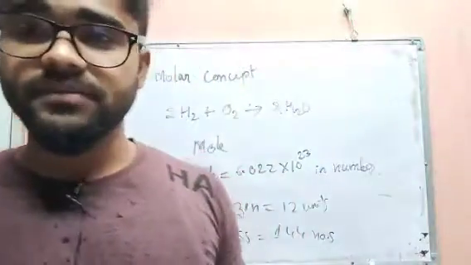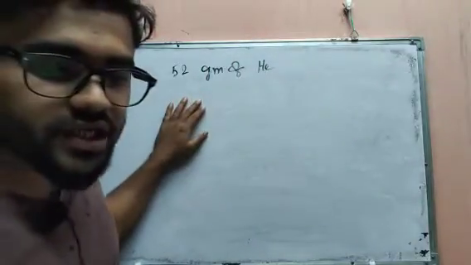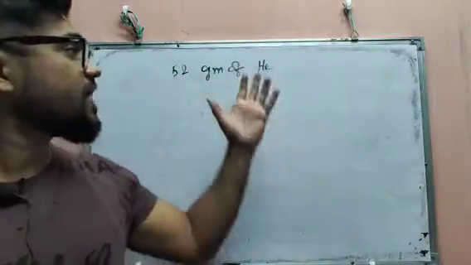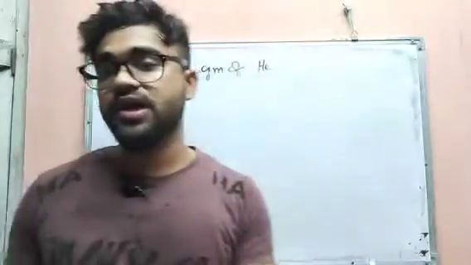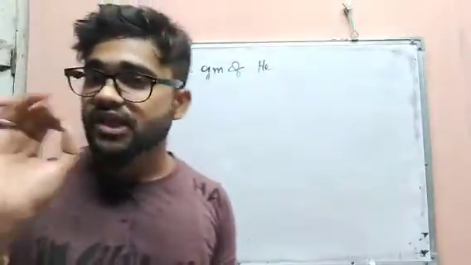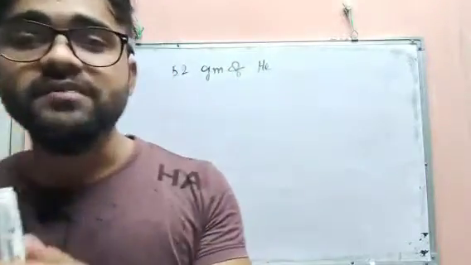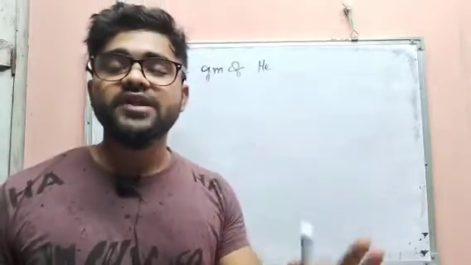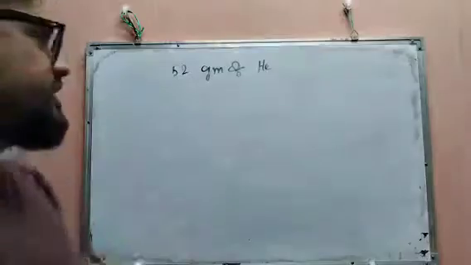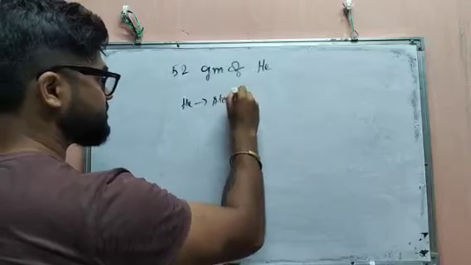Okay, so depending upon that there are some maths also. See how to do it. We have given: find the moles of the following, 52 gram of helium. That is, we have to find how many moles are there, that is how many units are there. Okay, don't panic, very easy. Always remember, the atomic mass of an atom represents 1 mole. That means helium atomic mass will be what?